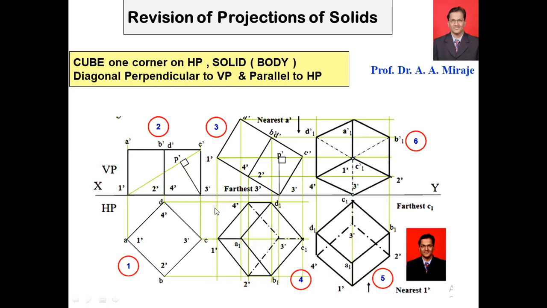Now here we have seen that 3 dash is the one corner. So 3 dash, 3 dash, 3 dash. So one corner is on the HP. Solid diagonal or body diagonal. Now here the solid diagonal is 1 dash and C dash. In the next 3-dimensional diagram, I am going to explain that there are such 4 solid diagonals. Right now we can see only one, no doubt. 1 dash to C dash is only one solid diagonal.